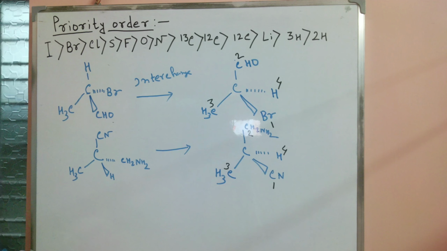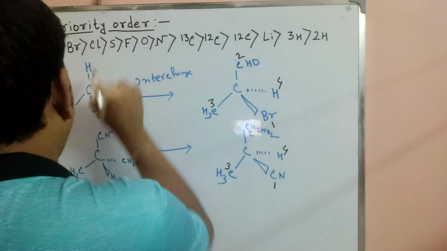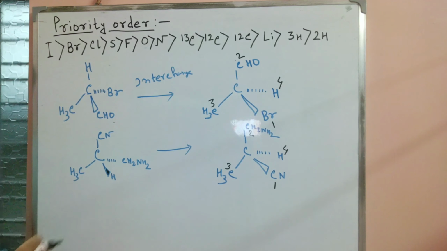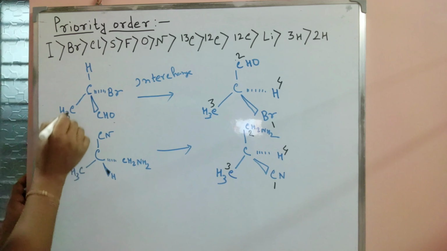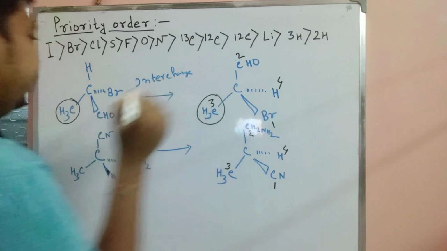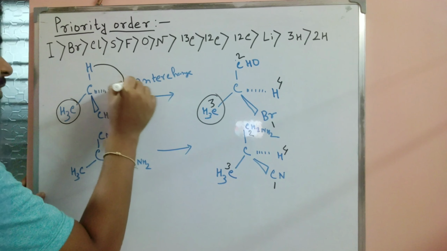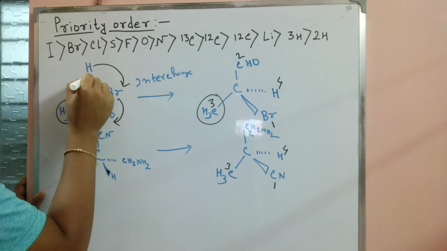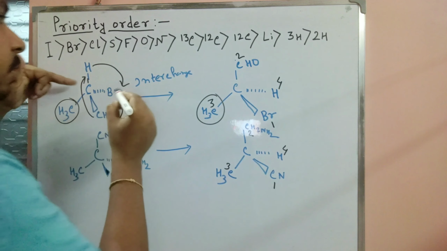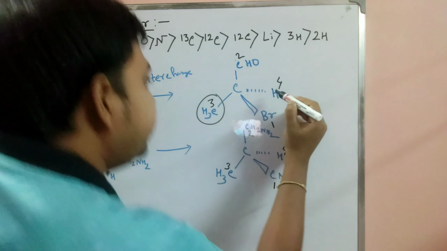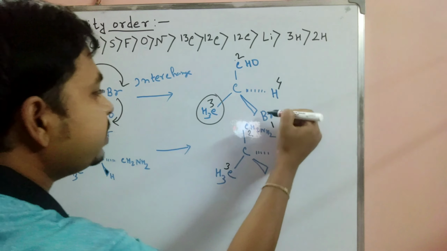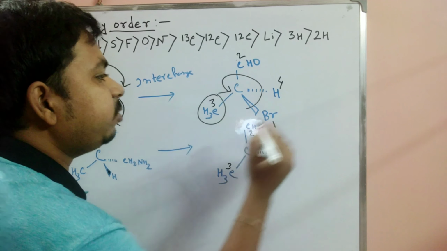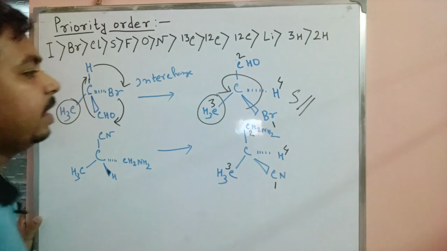Example: one of the important points is that here hydrogen is on the upward side, and here hydrogen is also on our upward side. So the solution is to exchange the group. Here the methyl group remains the same, and then the hydrogen comes to the downside, and bromine to the upside, and C double bond O is present on the planar. So as per our requirement, C double bond O is shifted here, hydrogen is shifted here, and bromine is also shifted here. Now, according to the priority rule, 1 2 3, this one is anti-clockwise.